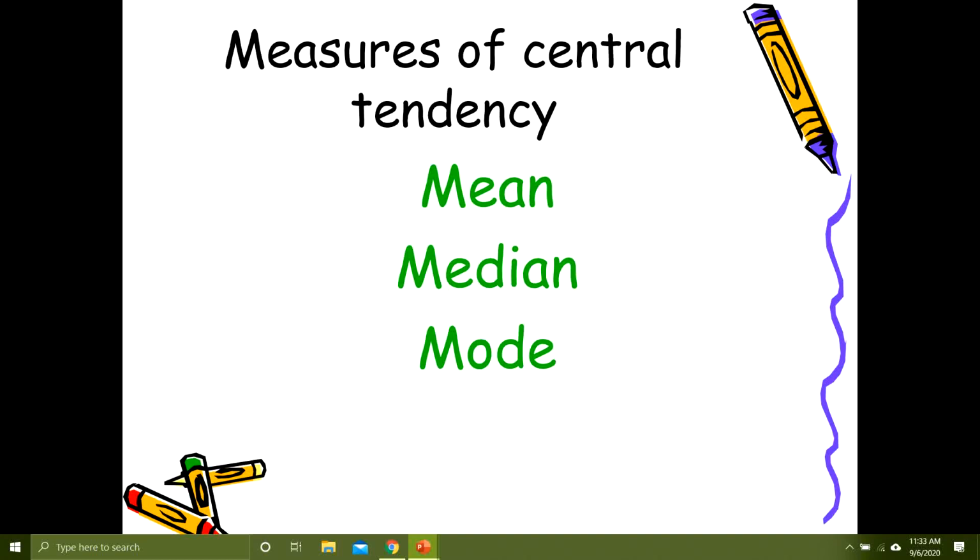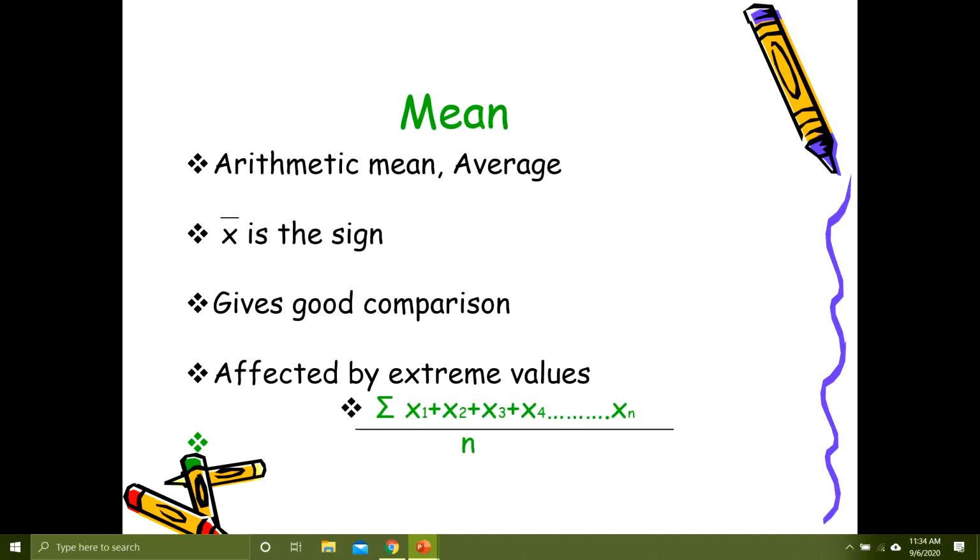So, how do we present the quantitative data, the continuous data and discrete data? We present them when we want to present the descriptive statistics of quantitative data. We deal with measures of central tendency and measures of dispersion. Now we will start discussing measures of central tendency. There are three measures of central tendency: mean, median, and mode, which are calculated in different scenarios with different interpretations. Let's start with the mean.